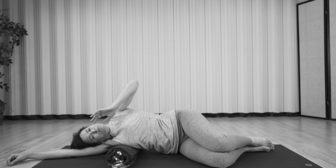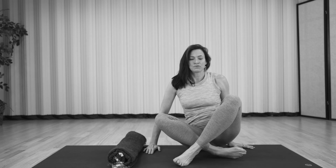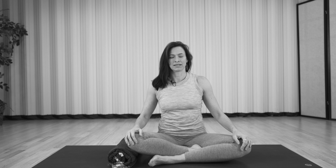What you'll do is just place your hand on the blanket or the floor, just gently pressing yourself up. Before you move to the other side, just take a moment to notice the difference. It could be very subtle. This is not a deep side bend,